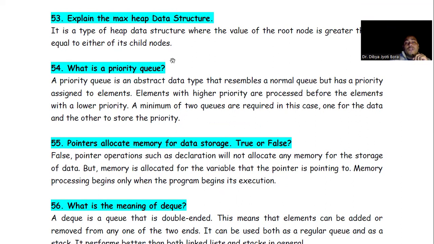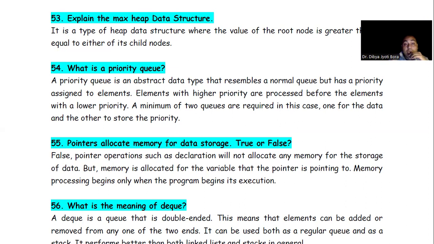Then priority queue. In case of priority queue, we usually follow 2 queues, right? This is an abstract data type. Means we need to focus on the operations only. Suppose a queue means what? First, second, third. Suppose you are driving and you are in a queue, but an ambulance comes, right? Instantly an ambulance comes. You should not say to the ambulance that you have to wait in the queue, because the ambulance is of urgent priority. It has to reach the hospital first. So you will give the side to that ambulance.